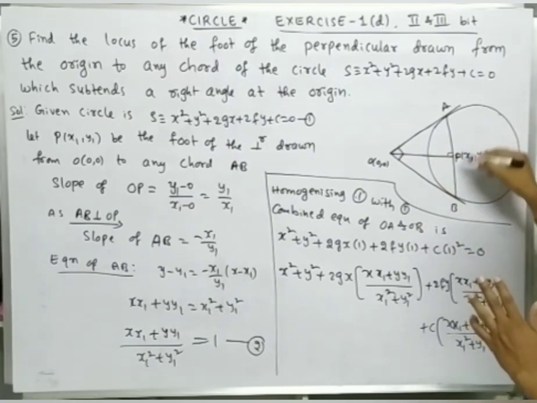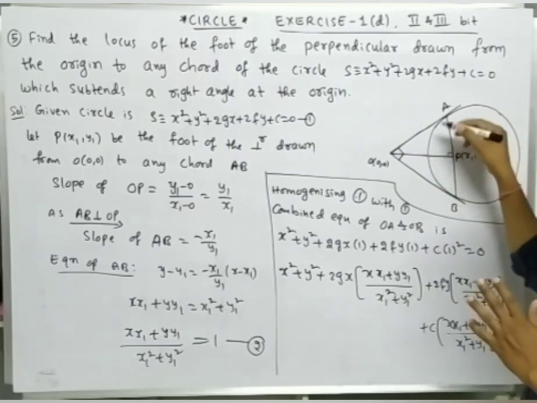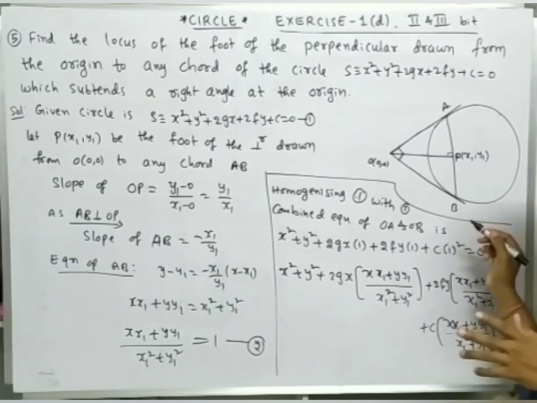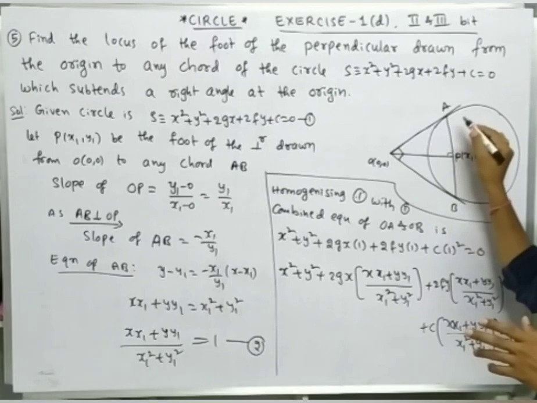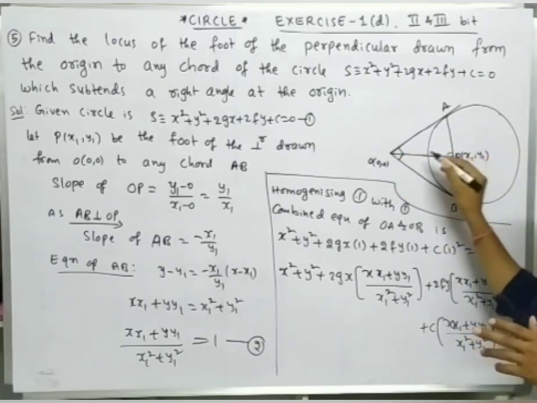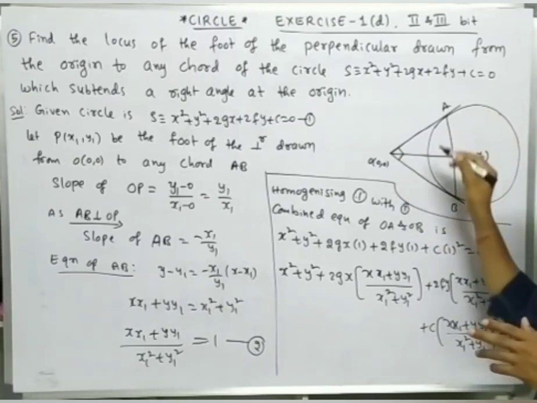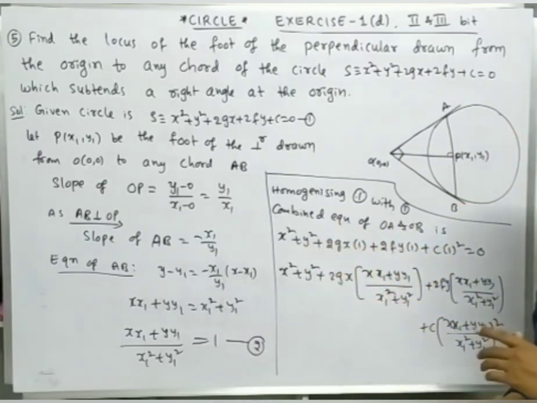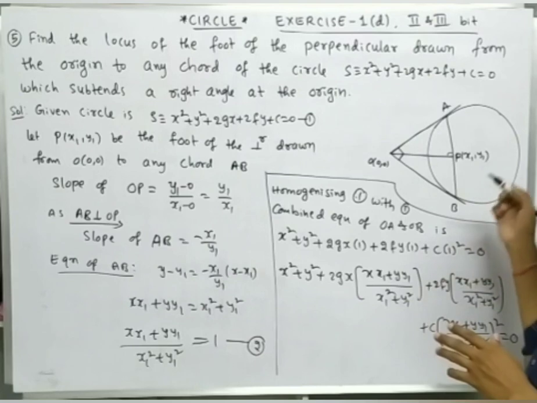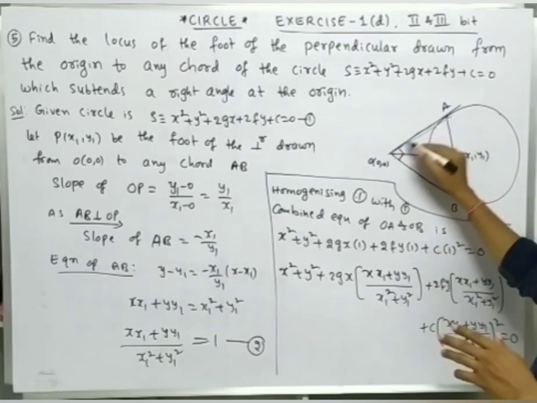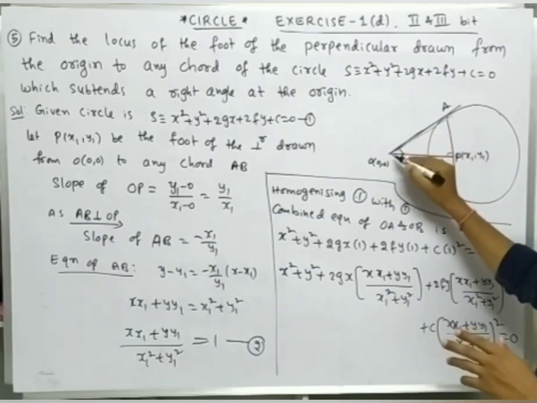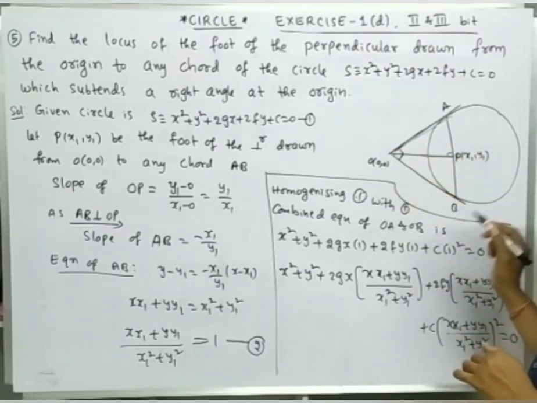So like this we have infinitely many chords in the circle. So for each chord draw a foot of the perpendicular and add all those points, then the locus of points we may get is again a circle. So here these are common, these are a pair of straight lines, so that's why we are using the homogenizing concept also.